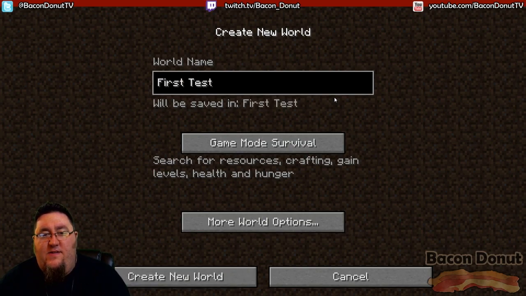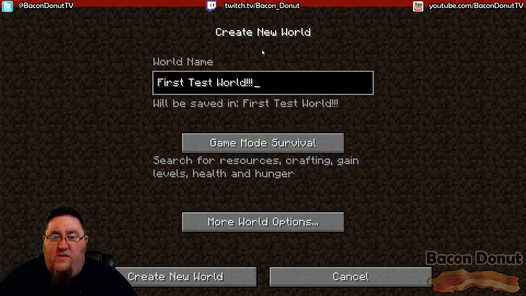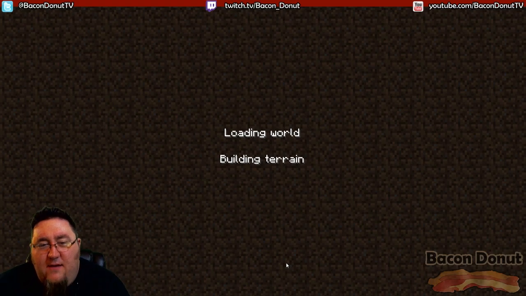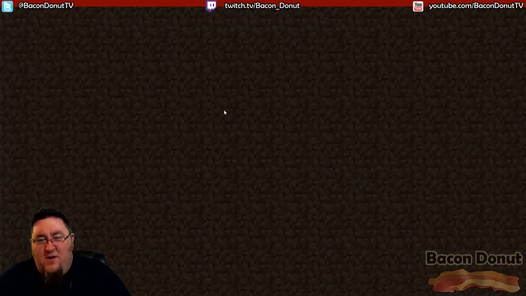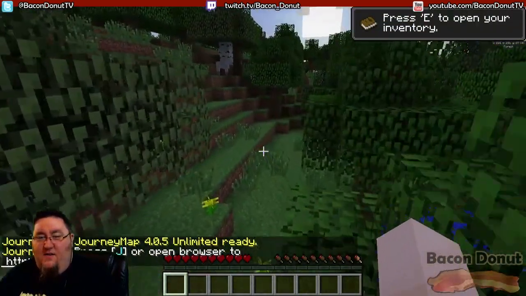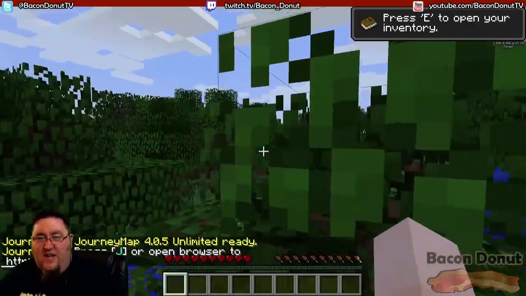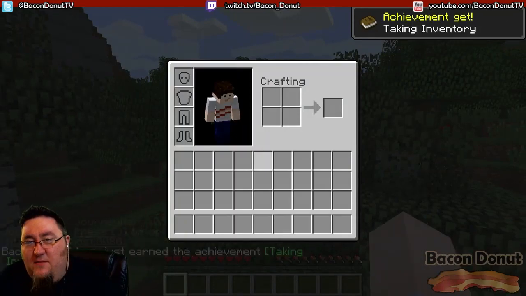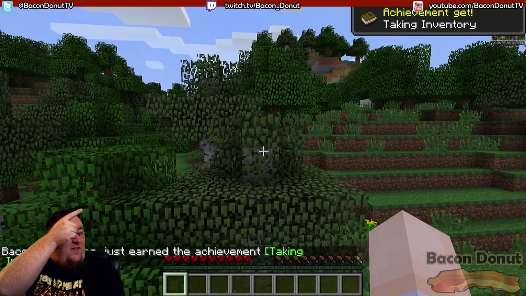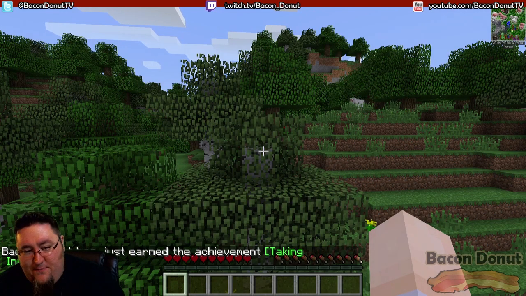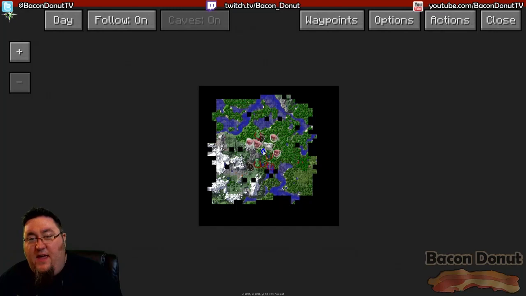First test world. We'll just leave it on survival. Boom. Here we go. Loading up the game. Nice. And it's all default settings right now, so the darkness is down and view bobbing is on and all that stuff that I hate. But if we get the achievement to get rid of that thing, you see at the far right hand corner, there's a mini map up there, and the J button opens up